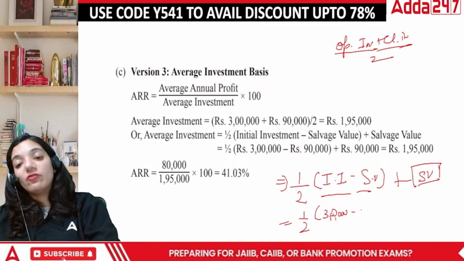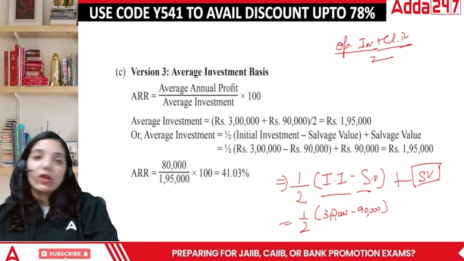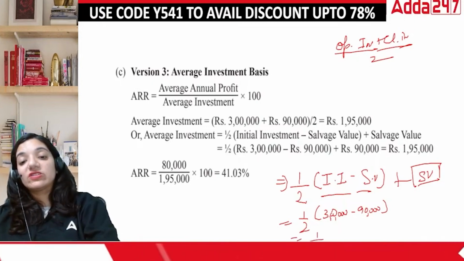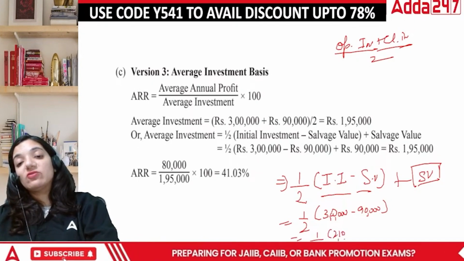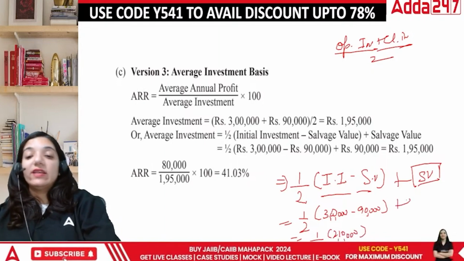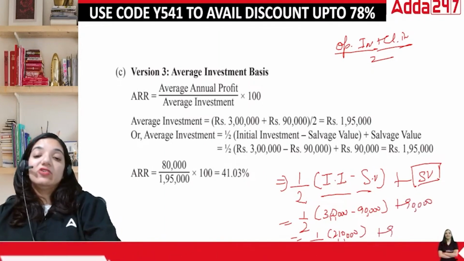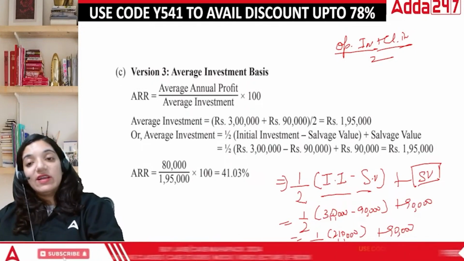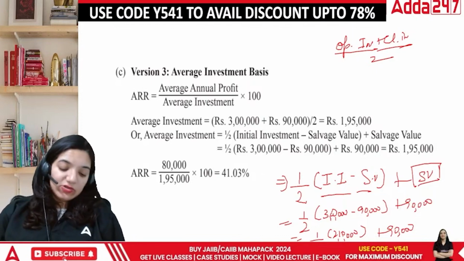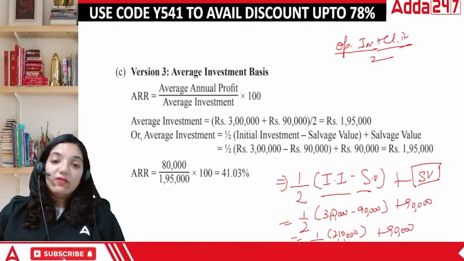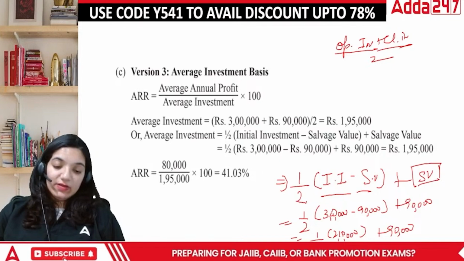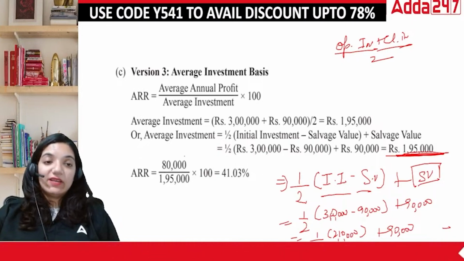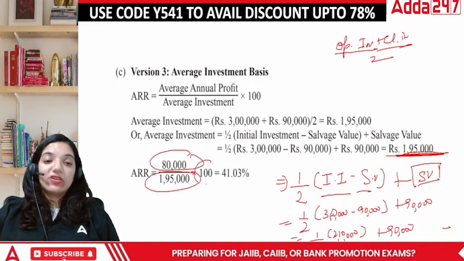You said you are putting money, you spent 3 lakh rupees. From that 3 lakh, remove that 90,000 that you will recover in any case. You have spent 3 lakh into this and you will recover 90. So technically your amount which is staying invested is 2,10,000 only. Then 90 is something you will definitely get back. So your total investment is what? 1 lakh of half of 2,10,000 plus 90,000. That makes a total. It is 2,10,000 divided by 2, 105 plus 90, making it 195. If the total is 1,95,000, then 80,000 divided by 1,95,000 into 100, giving us